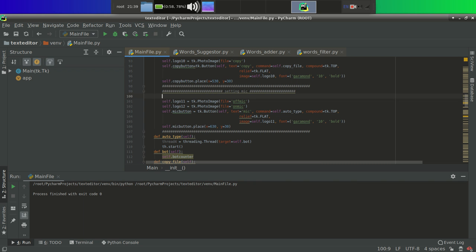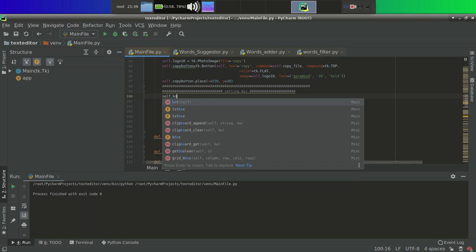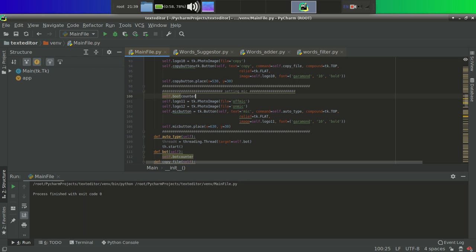Words library file. Same thing here, I am defining a variable named self.bot_counter, not boot counter, self.bot_counter equal to 0. Again same case: if it is even, I don't want to run auto typing, but when it is odd, then I want to run auto typing.